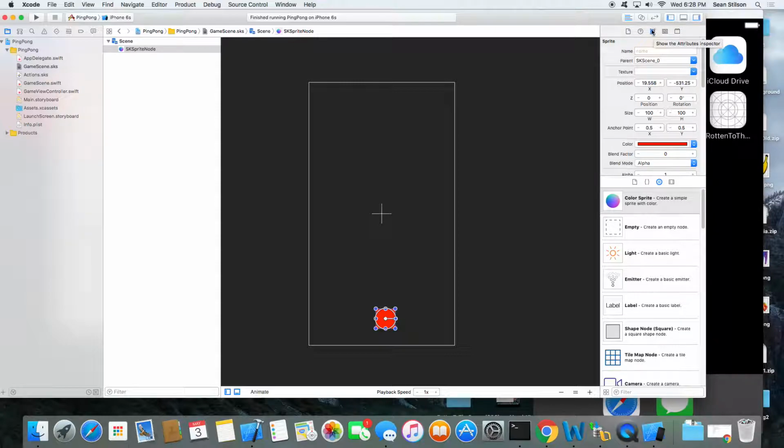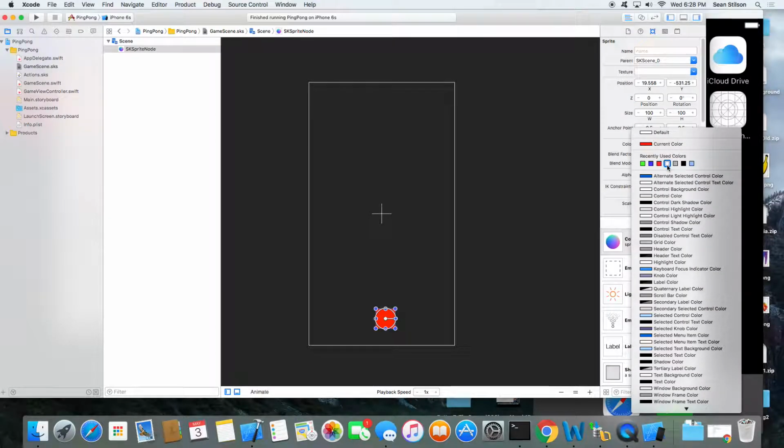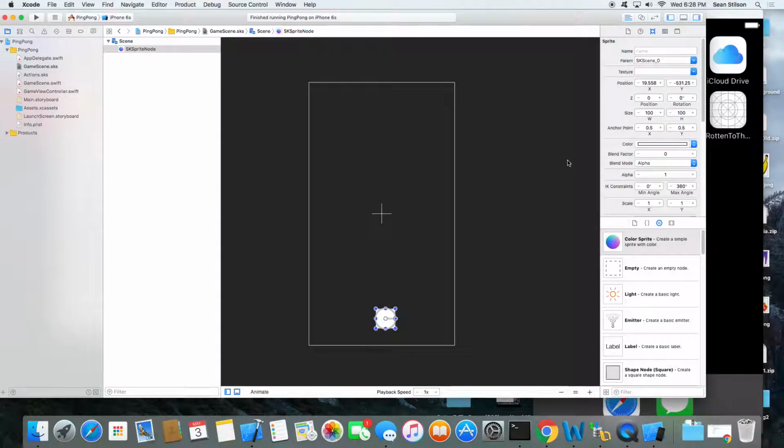Okay, so up here, where the little ruler thing normally would be, that's your properties inspector. This guy will be our paddle. So you want to change the color on it to be white. Now you'll notice that the positioning on here is pretty granular. This is actually a floating point as opposed to an integer value, and it goes out three decimals, so you have a lot of precision when you're working with a game. X is negative, so it's a little bit left of center, and Y is negative 531. On a normal view, this would be like a positive 700 or something like that.